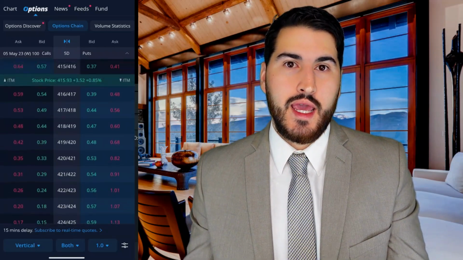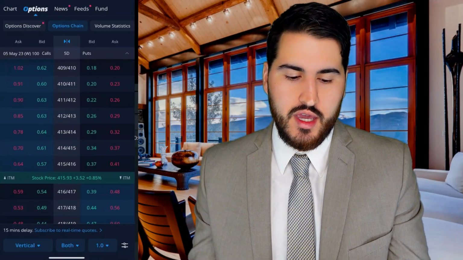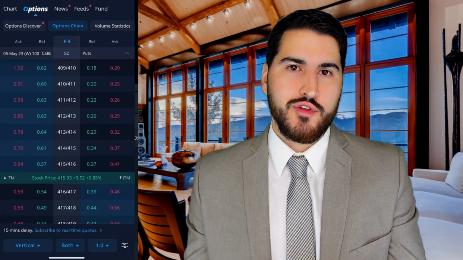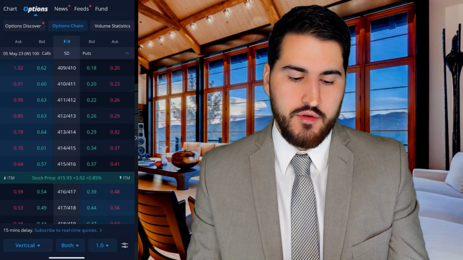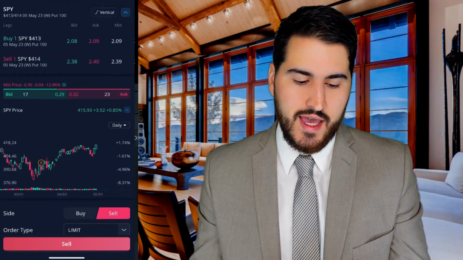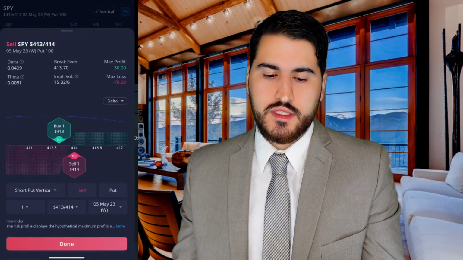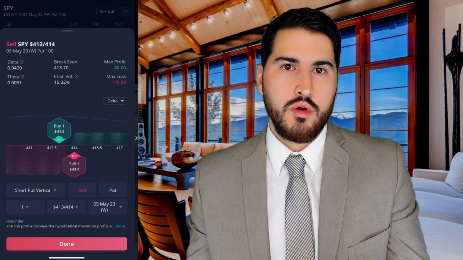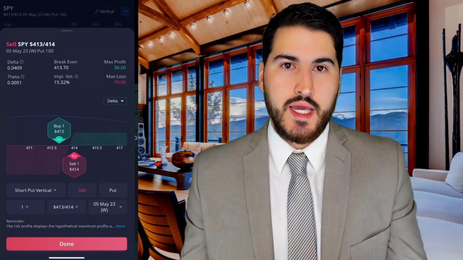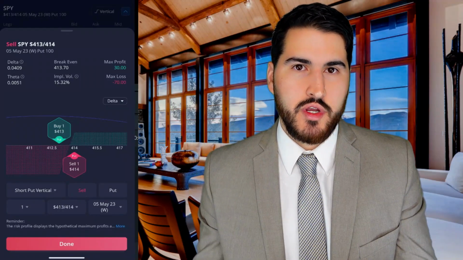On the flip side, a put credit spread in this case isn't as attractive. If we look for something that has the same premium, we're looking at the 413, 414. If we were to click on that and we were to go to sell, and then we were to click on our vertical, here you can see that our risk to reward setup is the same. We were receiving $30 and we would potentially have to pay $70 to close out if the trade went against